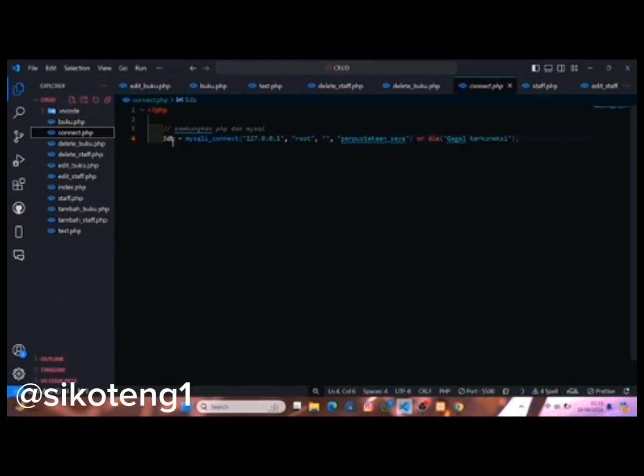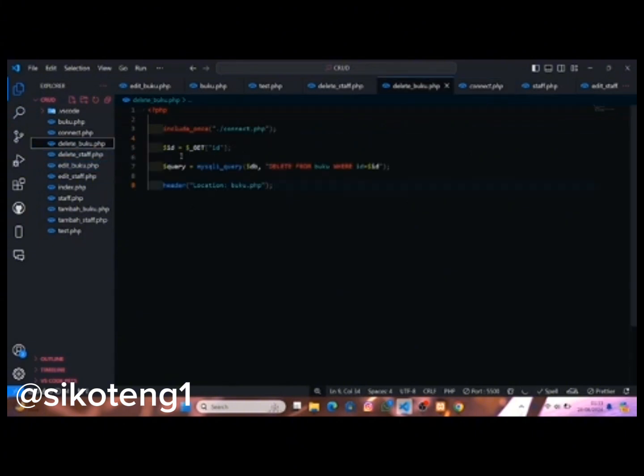You need to create this connect.php first. Okay, and then $id equal to $_GET variable id, query, and variable db delete from,